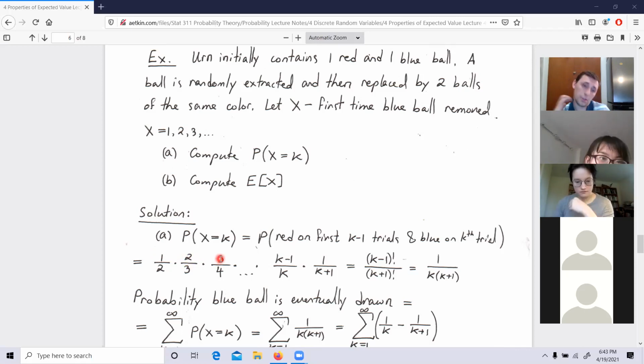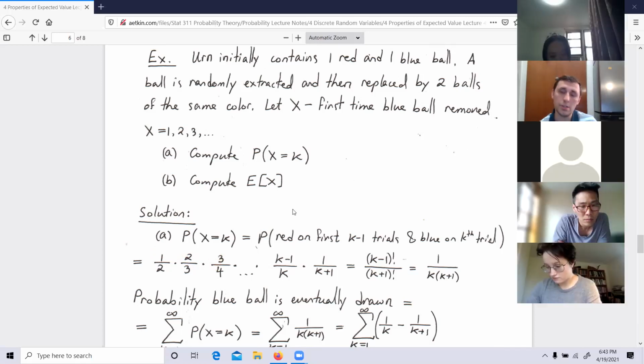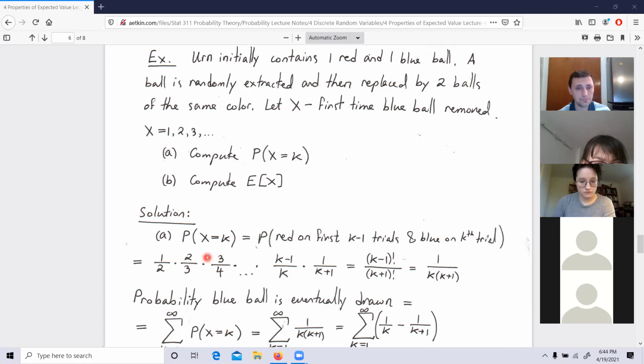Then it's going to be 3/4. Do you see why? 3/4, because you add 2, right? Each time you remove a ball, you bring another extra. So now you have 3 red balls, and altogether 4. Then you have 4 red balls, 5 altogether, all the way until the